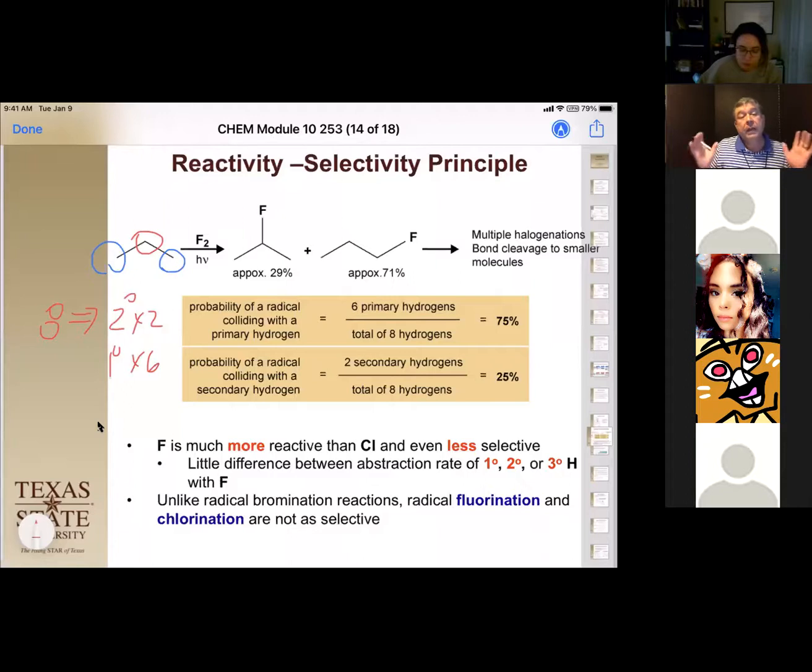So the fluorine is much, much closer to that statistical number than we see with the chlorine. And that's because it's much more reactive and doesn't care whether it's a primary, secondary, or tertiary formation of that radical. And therefore, it gives us the most statistical breakdown of the product ratio. Okay. Now, this leads us to an idea that maybe there is a reactivity ratio between the primary, the secondary,